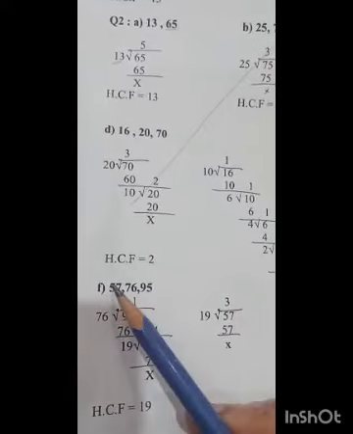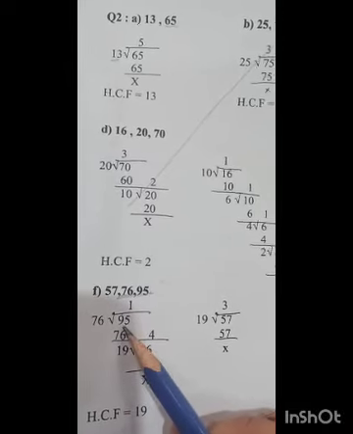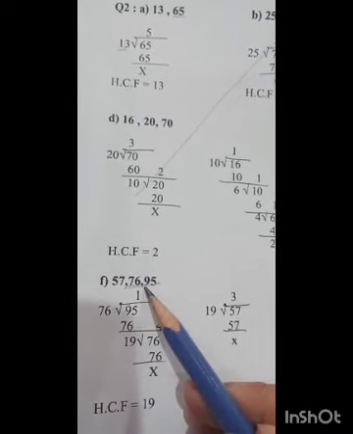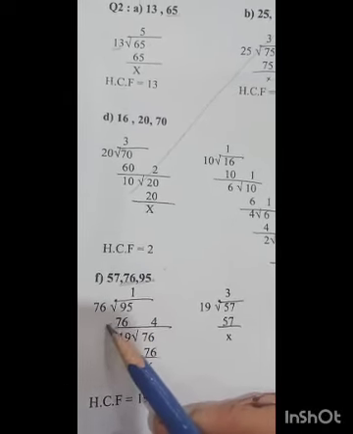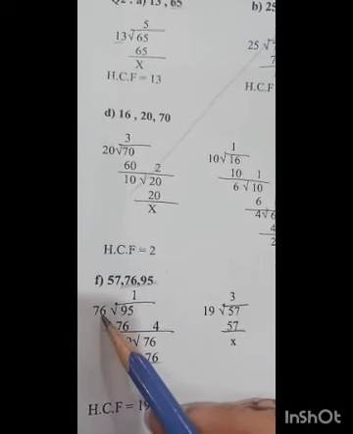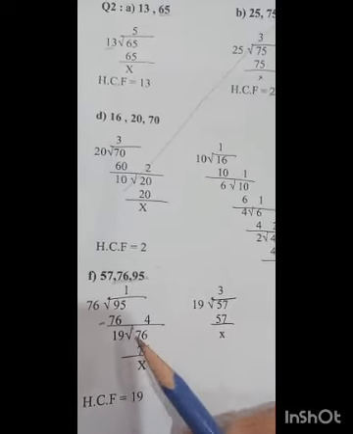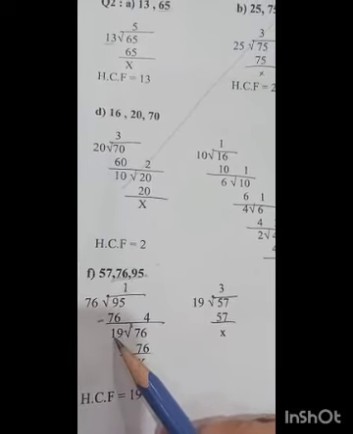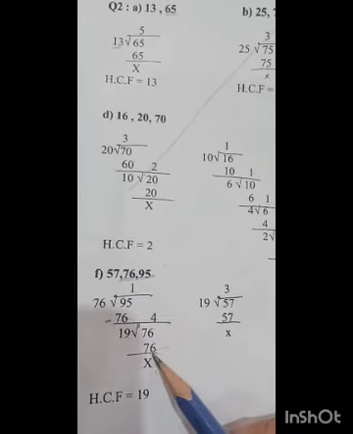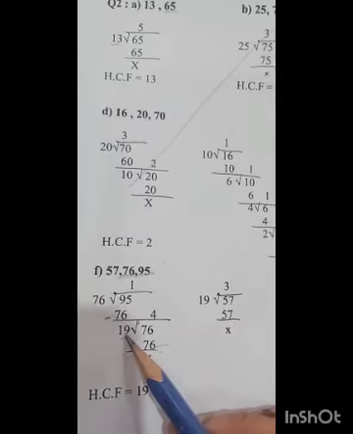Okay, if you have three numbers, we will solve the first two bigger numbers first. 95 is the dividend and 66 will be the divisor. Okay, 76 ones are 76. Now subtract them, we get 19. Now 19 is not divisible by 76. So 76 will become the dividend in this way. Okay. Now read the 19 table. 19 4s are 76. So this is the end. So which will be your HCF? The final divisor. That is 19.